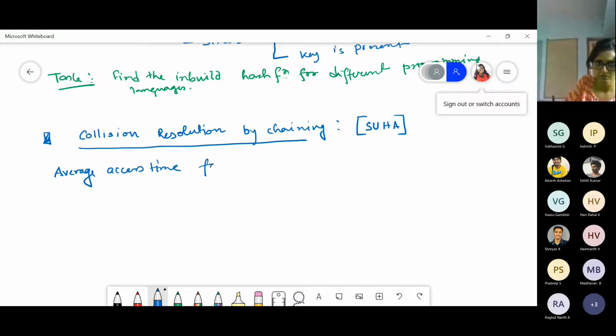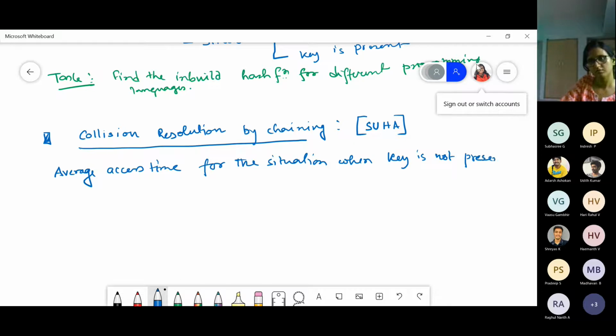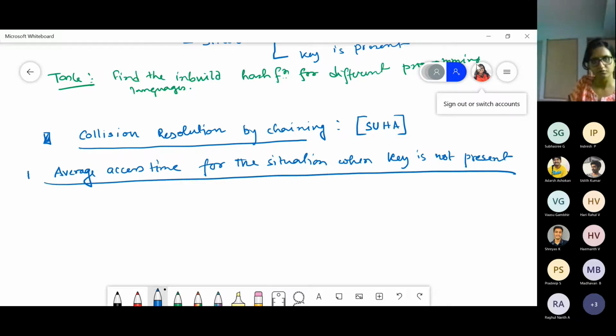for the situation when the key is not present. So in that case, what we have to do? So this is situation 1. Say this is my key k.